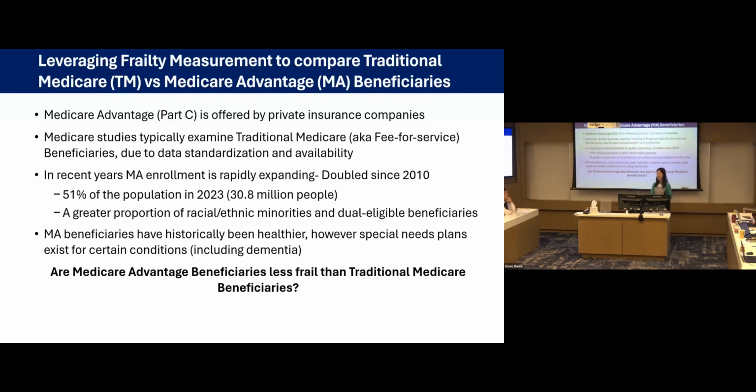You can just get it from CMS, the Centers for Medicare and Medicaid Services. It's fairly standardized in a lot of ways, including costs, including what's covered, what's not. For example, Medicare Advantage covers dental. They build that in on the revision. Those are not typically covered in traditional Medicare. And so because traditional Medicare is a little bit more available and a little bit more standardized, it's easier to work with.